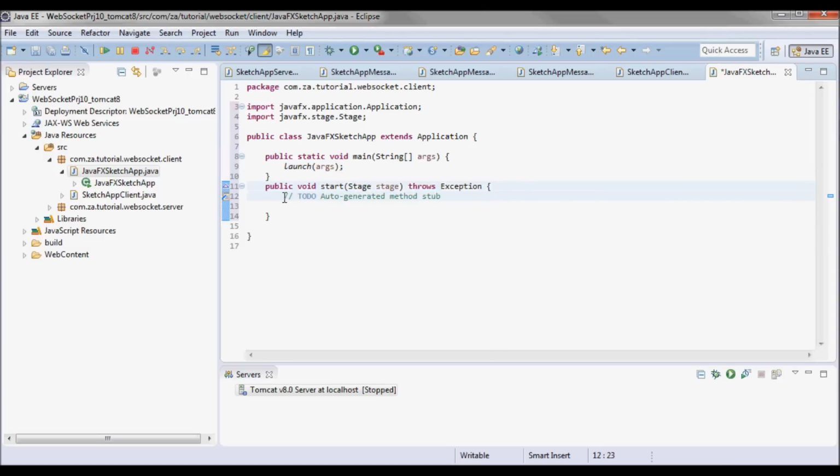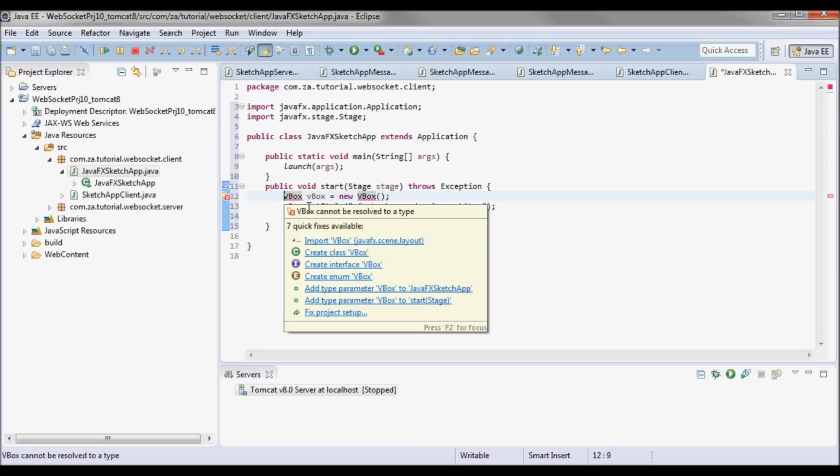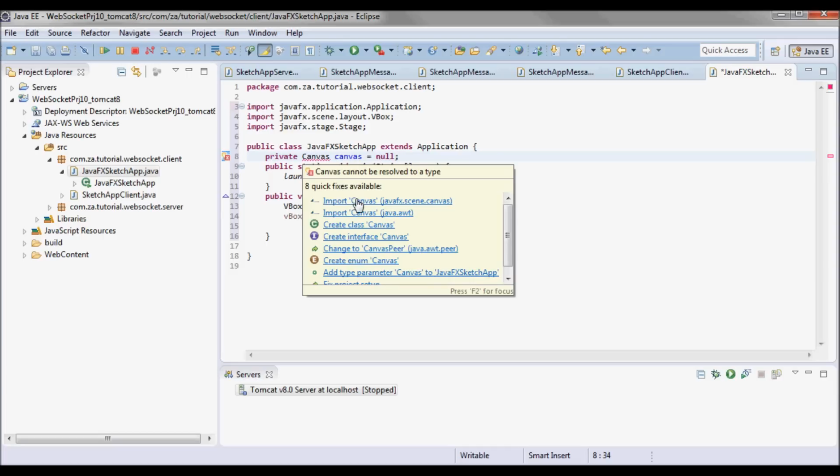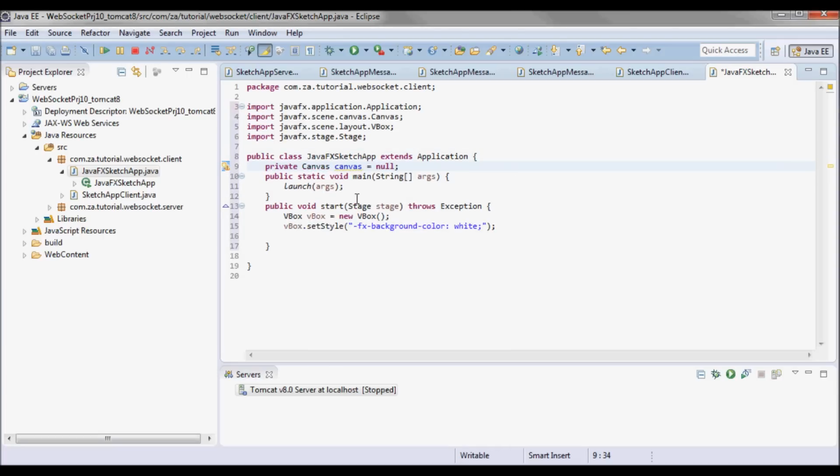And in start we'll have a white VBox, and let me define a canvas up here. And I'll instantiate it over here.